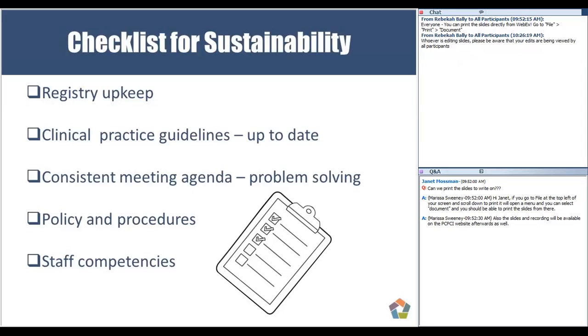Sustainability with policies and procedures. I definitely recommend having everything on a shared space, the guidelines that you create for panel management. So we have kind of the typical outreach model: run your registry report, outreach to a specific group of patients, 2 calls and a letter if you can't reach them, and put it in a policy. I mean, that's a very basic policy, but put it in a policy, write up your workflows, maybe use a Visio for workflows, but